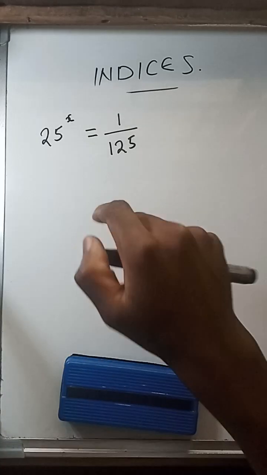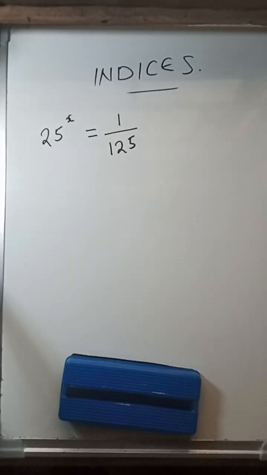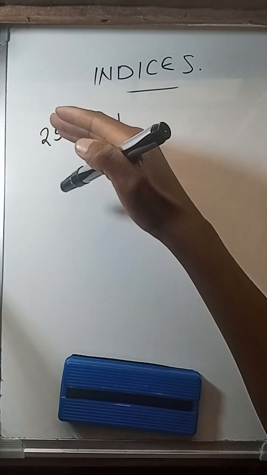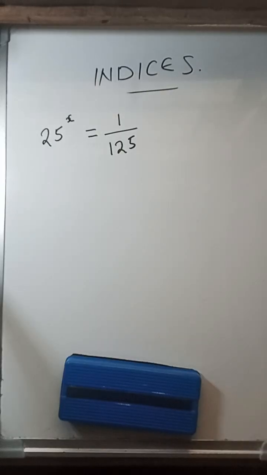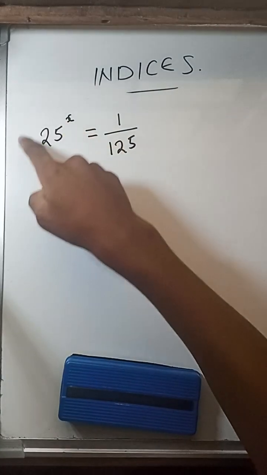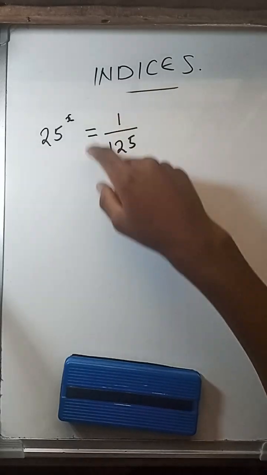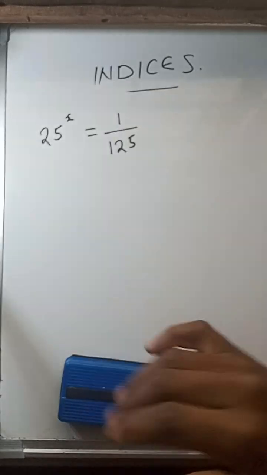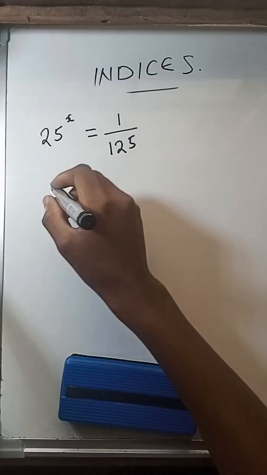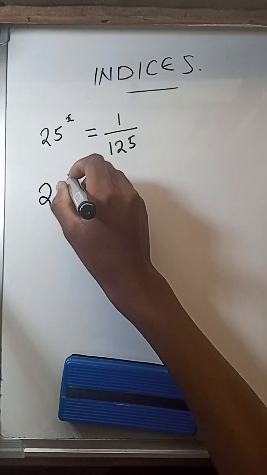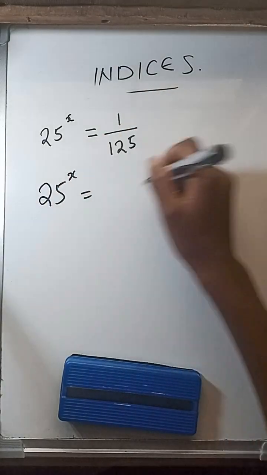Okay, so let's have this question here. We are solving for the value of x. Now what do we do here? This here is a whole number. This is a fraction. So we're going to make this fraction a whole number and then make the basis the same. So this 25x will stay like that, equals to, now when you